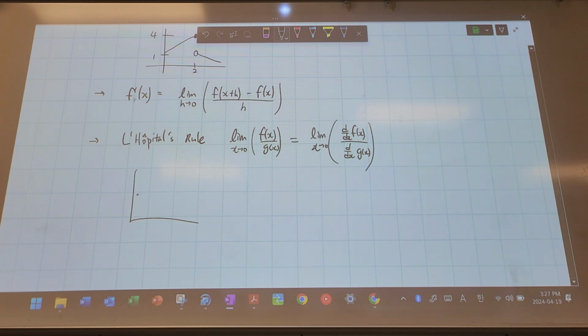Let's say you have a function like going like this, and then going like this. Let's say these two points are connected, so the limit does exist, but then it's not differentiable because the shape kind of radically changes. So for most cases,